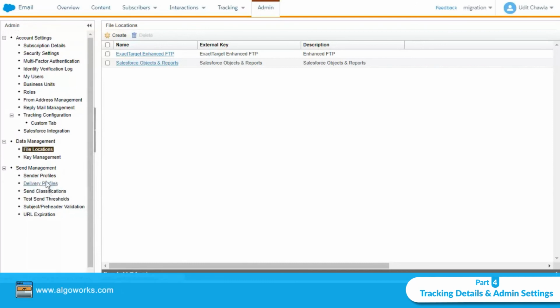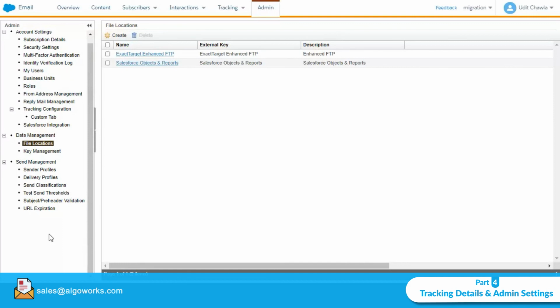So yeah, these are some of the main tabs which we have in Email Studio. There are a few other tabs available as well, like A/B testing and Return Path. Those are not available for my account as of now, but you can get them enabled by contacting Marketing Cloud support. And we also have the option of Brand Builder in Email Studio. Once we get that activated from Marketing Cloud, that option is visible under the send management part.